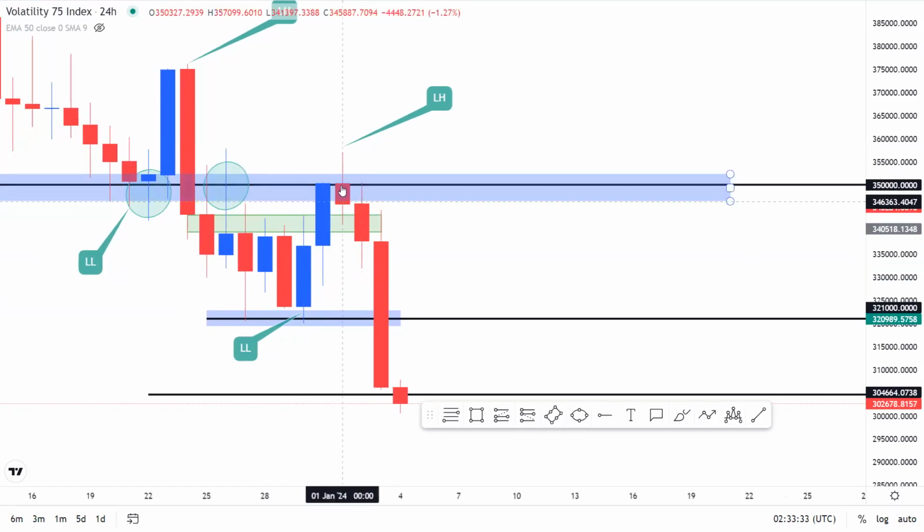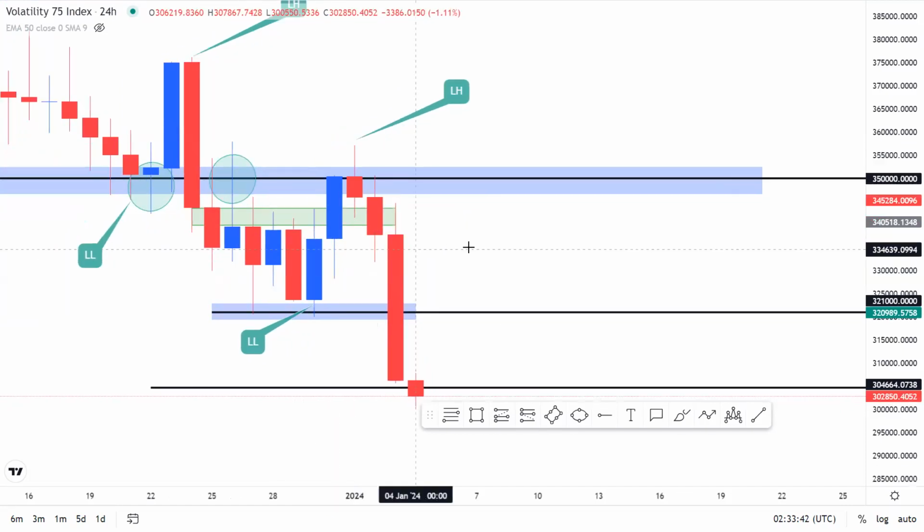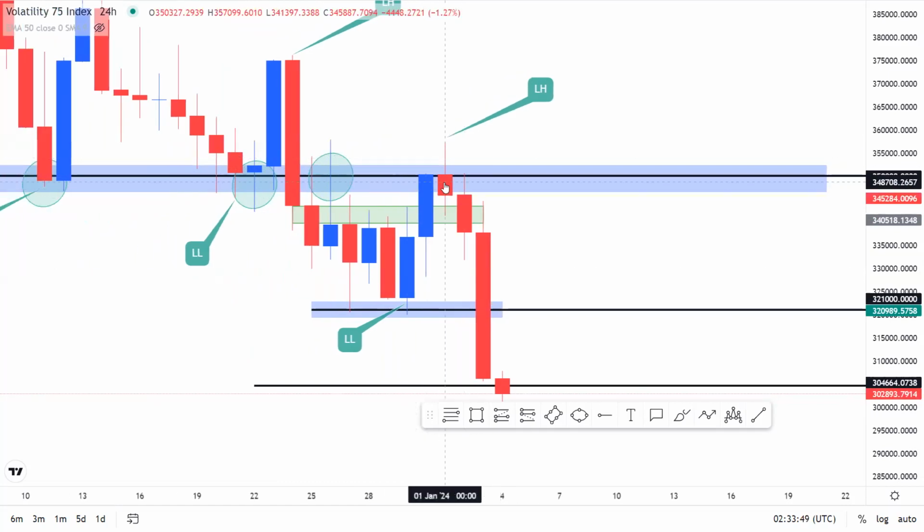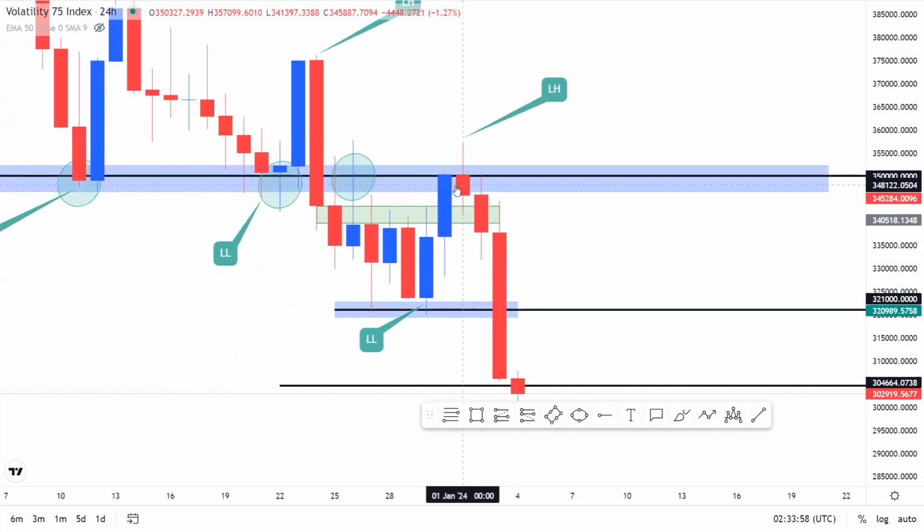You can see this daily candlestick ended up closing as not just a rejection candlestick, but a bearish candlestick, telling us that the buyers are losing steam from this very level, which is expected because that's a strong area of interest,